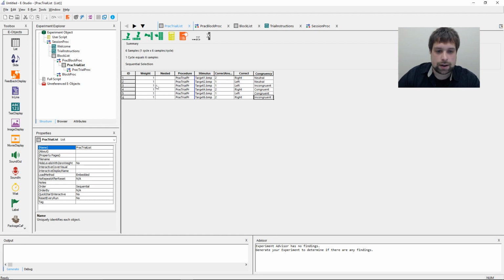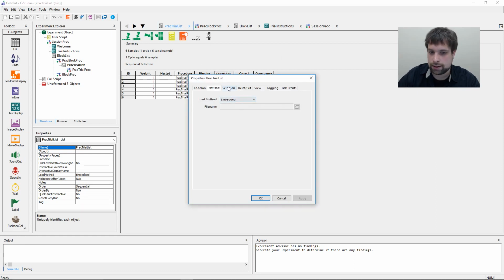So now that I have my stimulus, correct answer, correct, and congruency, all of my attributes already set, I want to change the selection method. It's currently set to sequential. I want to set it to random. To do that, I'll click on the Properties page up here, click on the Selection tab, and change my order from sequential to random. I recommend random over random with replacement, because with random with replacement, what will happen is once